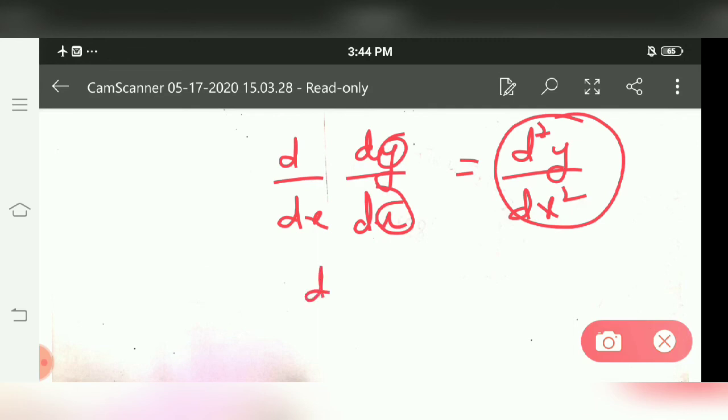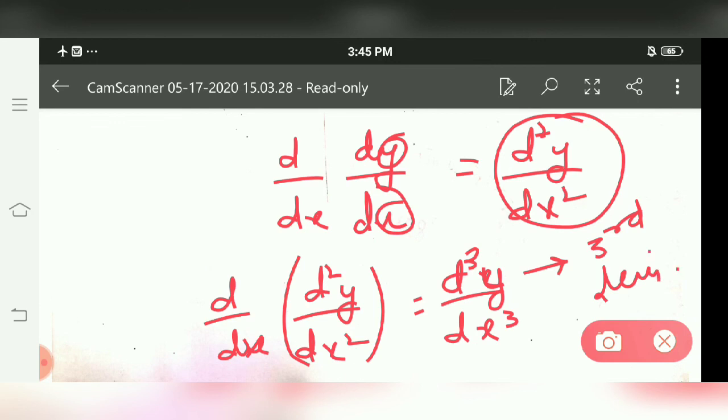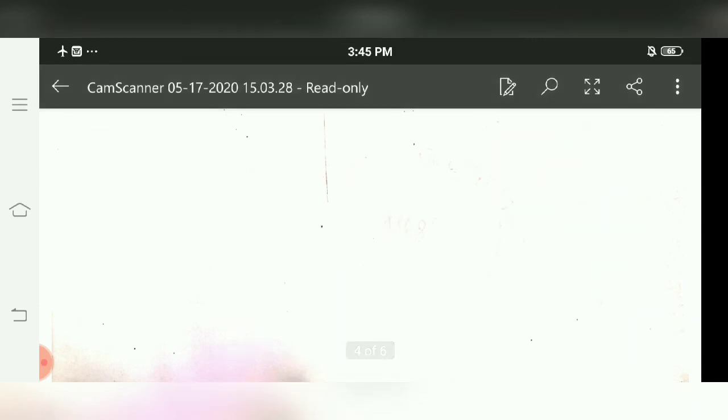If we take the derivative of the double derivative, if I again take the derivative of this term, then it can be written as d cube y upon dx cube. So this is the third derivative. Similarly, we have the fourth, fifth, and so on derivatives of it. With this part of derivative